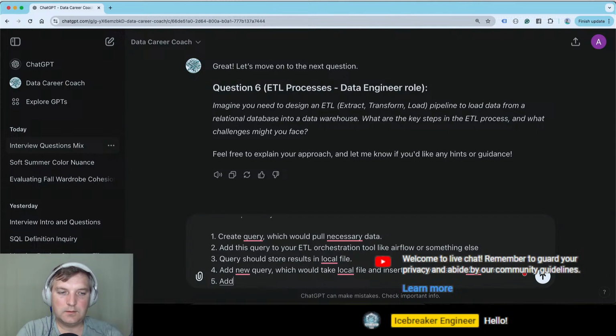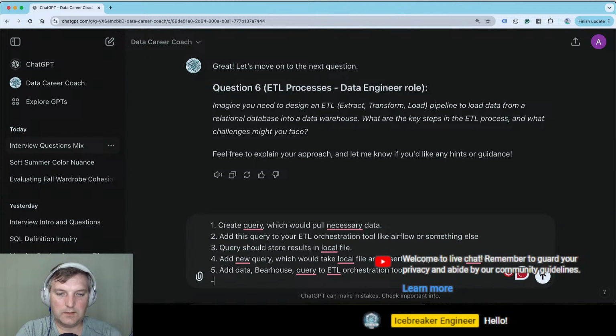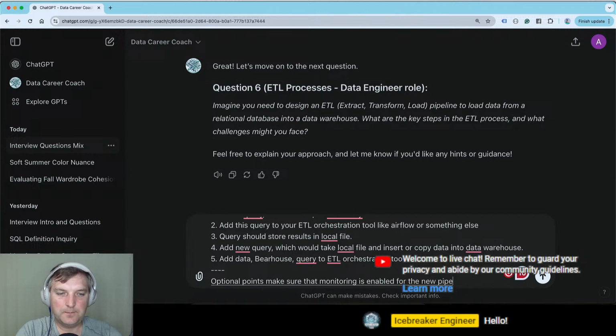Add the data warehouse query to the ETL orchestration tool. Okay, so when these are done, optional point: make sure that monitoring is enabled for the new pipeline.